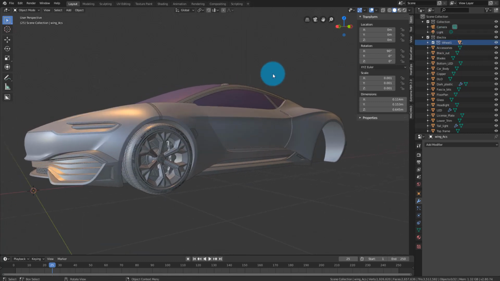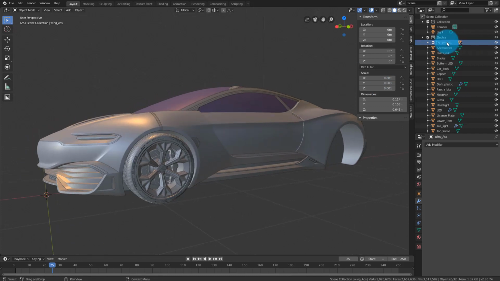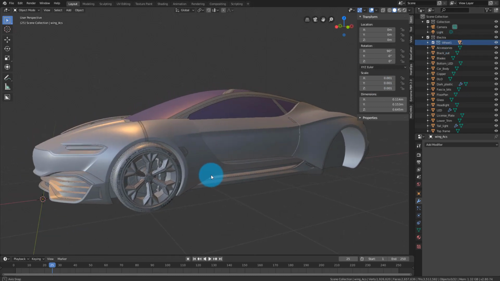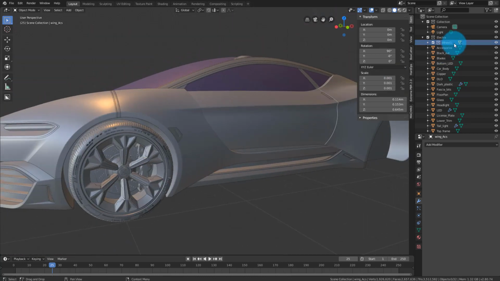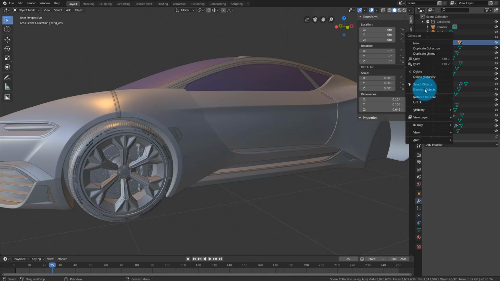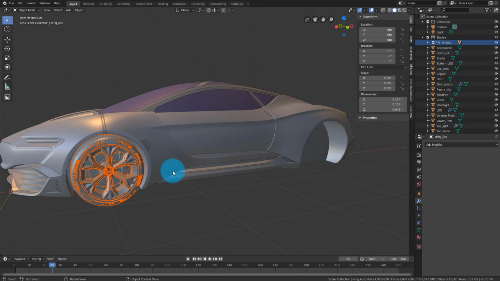I always have just one file where it's just the car. Everything's all organized and grouped up how I want it to be, and then it's a lot easier for me to use it. So one of the things you can already start using the collections for is basically to select all the objects. So you right click on the collection and you press select object,